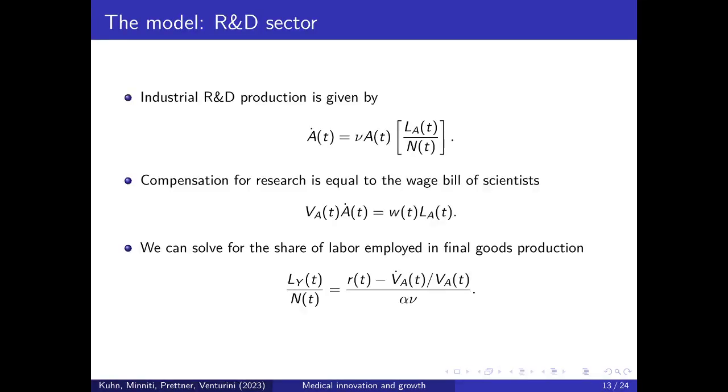Now there is one final sector that needs to be specified before we can quote-unquote close the economy, but we don't really close it. Instead, we use medical innovation and healthcare to do the comparative statics. But what we still need to do is to specify the research and development sector, industrial R&D, general R&D, where the change in blueprints, so the new blueprints are produced with scientists, LA, so the second type of workers.